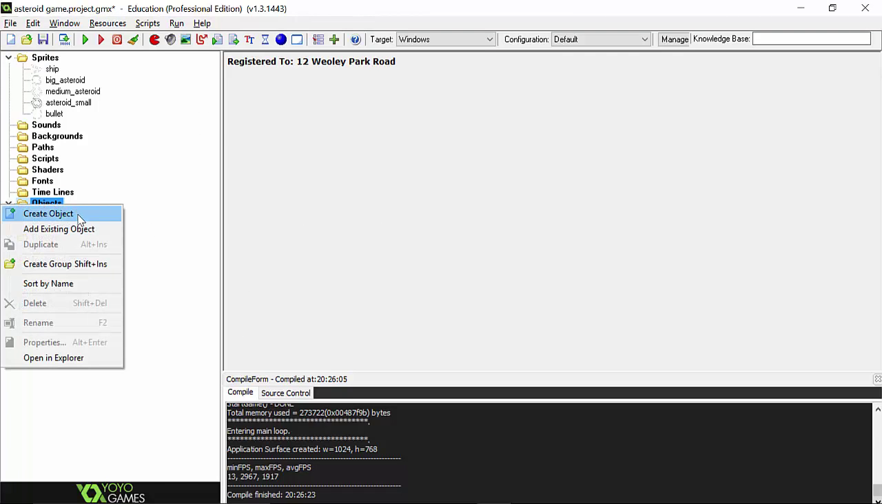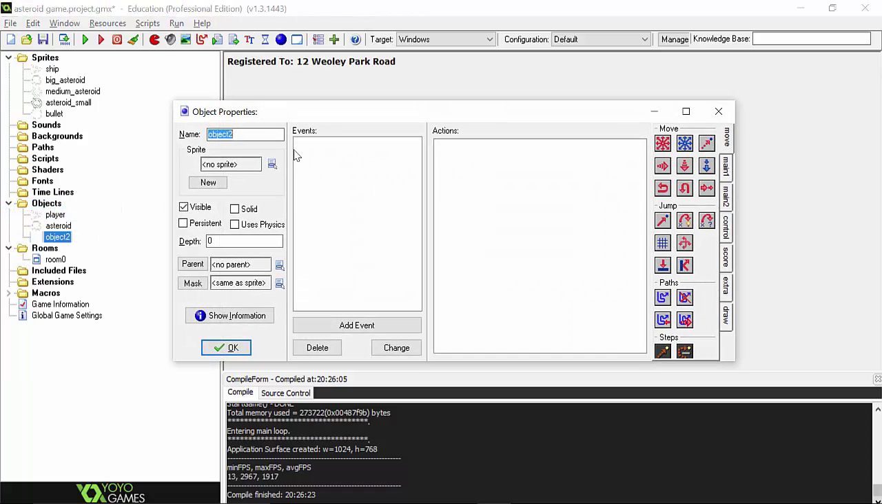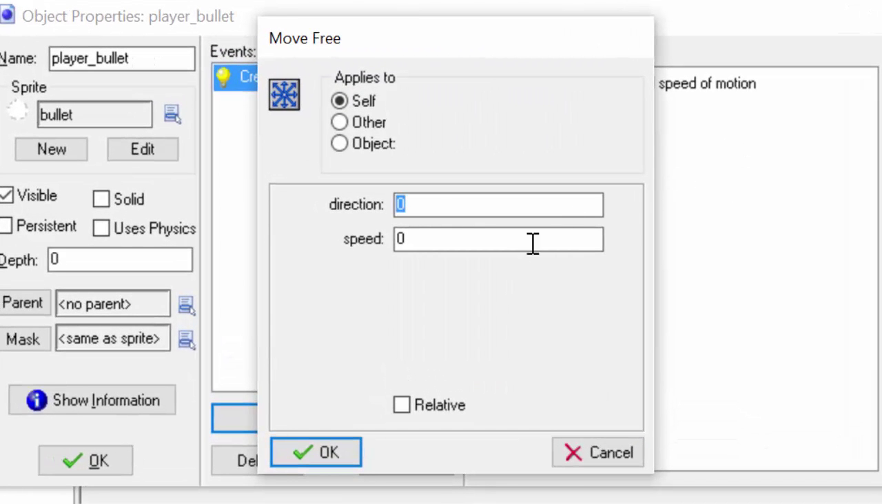I'm then going to go to the player. First I'm going to create an object. I'm going to call this play bullets, so I know there's a difference if I decide to do enemy bullets. I'm going to choose that bullet. I'm then going to go to add events, create, and on the create, what I want to do is get it going in the right direction. I'm going to do that by dragging this over and typing in